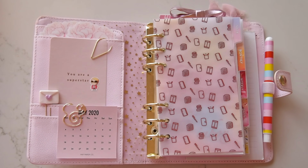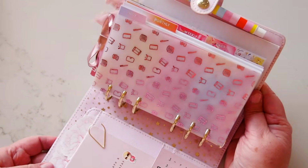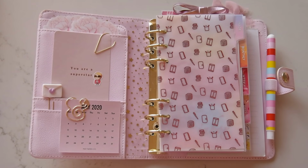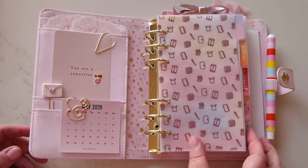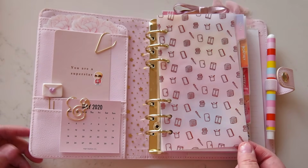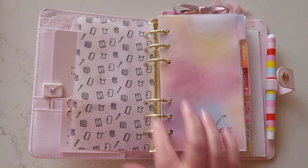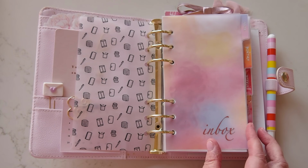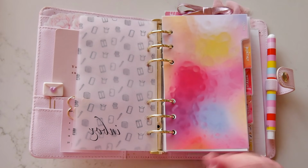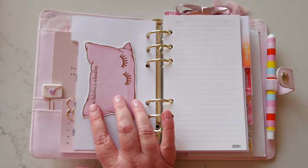I've just kept it pink so that it kind of blends nicely, I think. Then we get to the colour when we move over to this side. You can see these gorgeous tabs. I'm really happy with the way those dividers turned out, and I love that I'm able to use some of my own photography in there as well, which is cool. This beautiful little piece of vellum that I printed from the planner spot and added this pale pink foil to, and then my quite simple and minimal little vellum covers for my inbox here over my first divider. And the back of here I've just got my little "Being Fabulous is Exhausting"